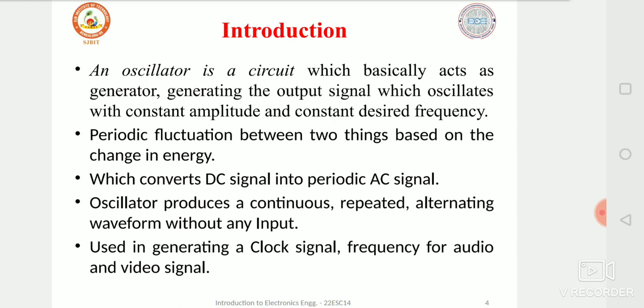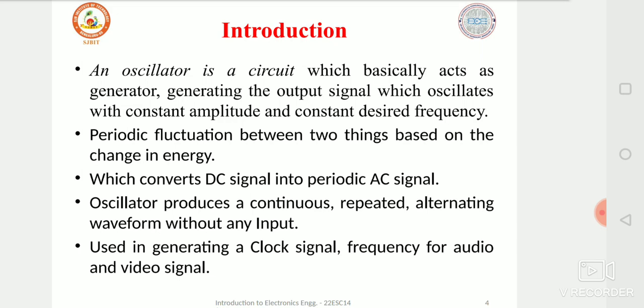An oscillator is an electronic circuit which converts a DC signal to an AC signal without having any external input signal to start. So we can say it is also a converter. An oscillator produces a continuous, repeated alternating waveform without any input signal, used in generating clock signals,